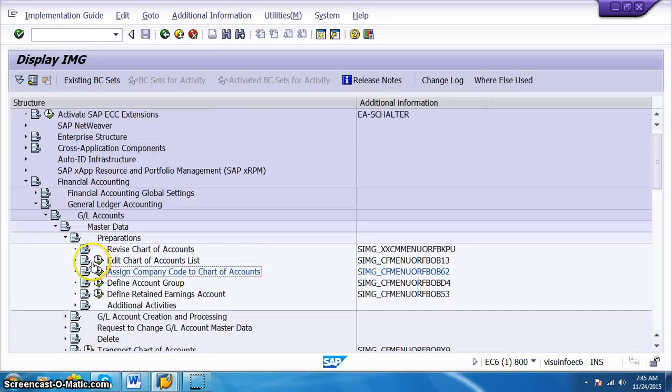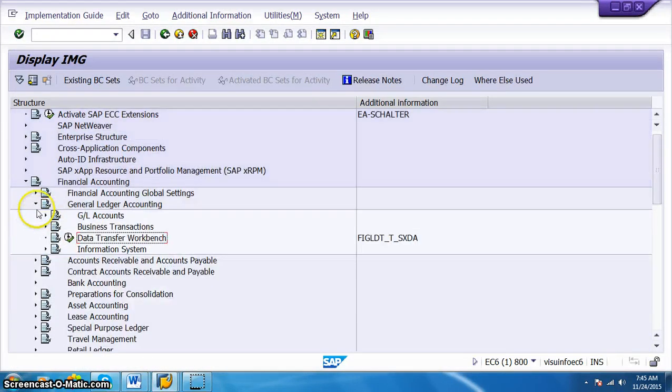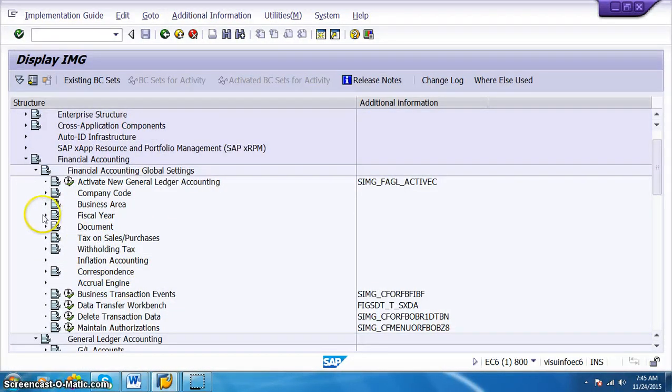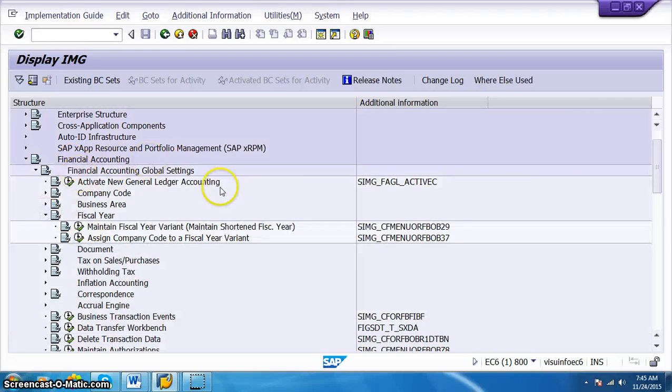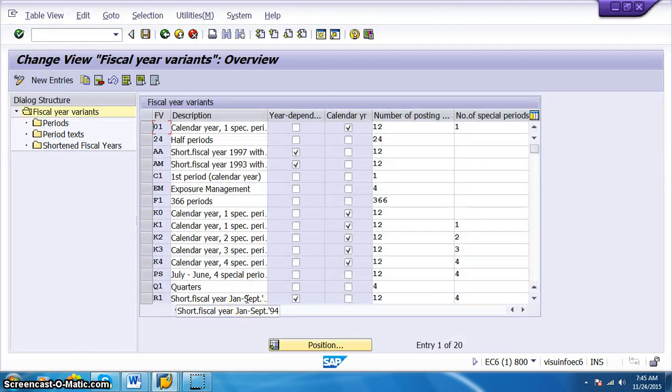For creation of fiscal year, we'll have this path here, financial accounting global settings, and we have fiscal year, maintain fiscal year variant, that is transaction code OB29. We can see it here, and click on that, and we'll create a fiscal year now. The fiscal year we have proposed is for India.